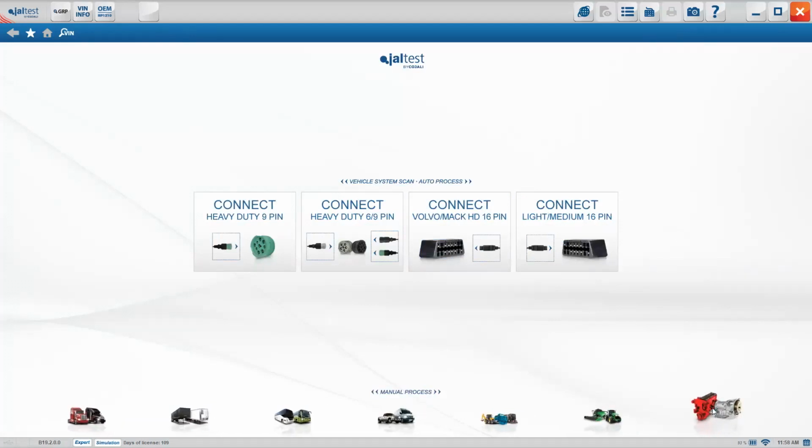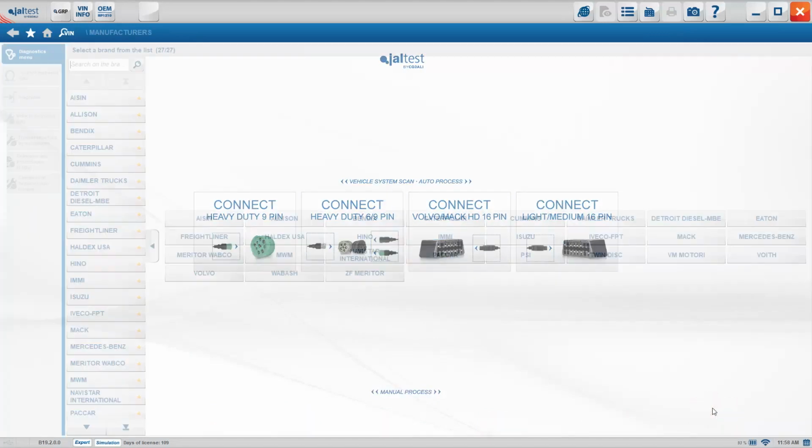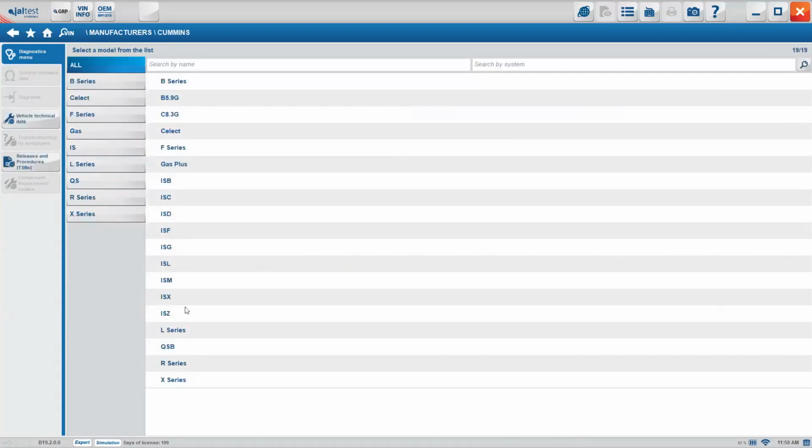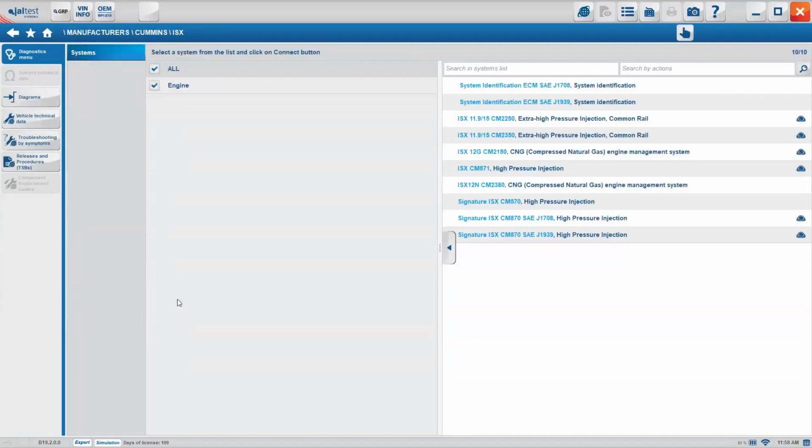If you want to connect to a specific system, not the whole truck, but just the engine, just the transmission, just the ABS, you can click here and manually select the specific system you want to connect to. In this case, we go to Cummins here, ISX. And then, if you have the truck in front of you, you can just click on it and connect, option A. Option B is to select the manual diagnosis here,